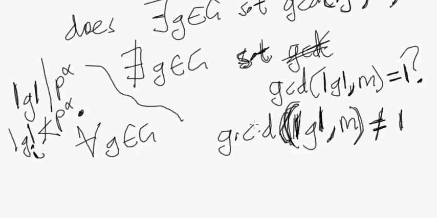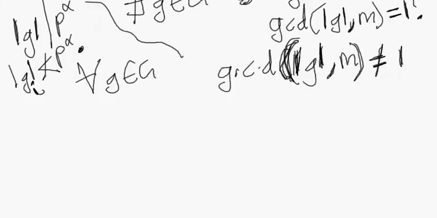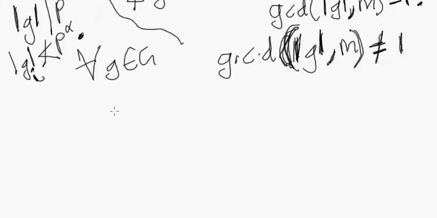Sorry, if they always have a factor in common. If the order of G and M always have a factor in common, I've been saying it wrong for a while. If for all G in the group, the order of G always has a factor in common with M, what are we saying? Okay, can we at least conclude from there that if we pick some G and look at the possible orders of G, aren't we saying that all of them must be of the form